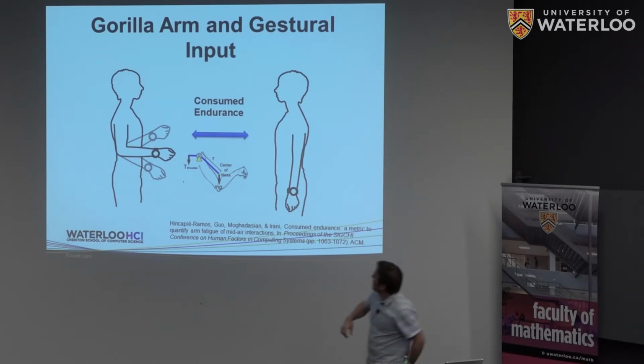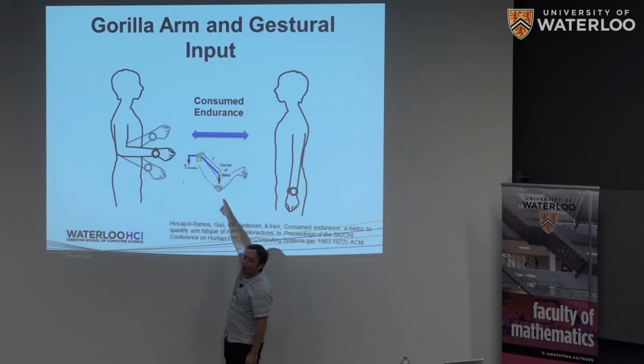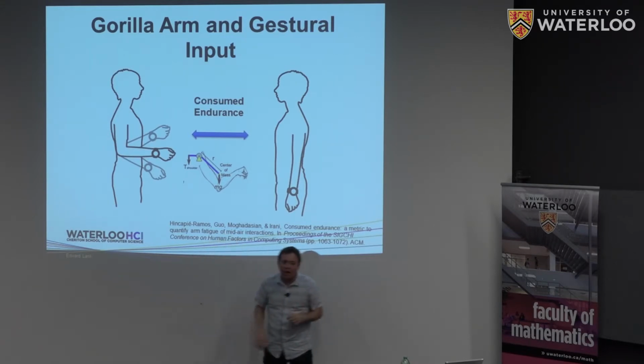The way that they've done that, sorry, this is not my work. It is Canadian work though, so that's good. The way that they've done it is they've actually looked at the center of mass of the arm. So the more you have on your hand, obviously, the more the center of mass moves out. They've looked at the distance from the shoulder. They've modeled that as torque, and they figured out how much effort it takes.